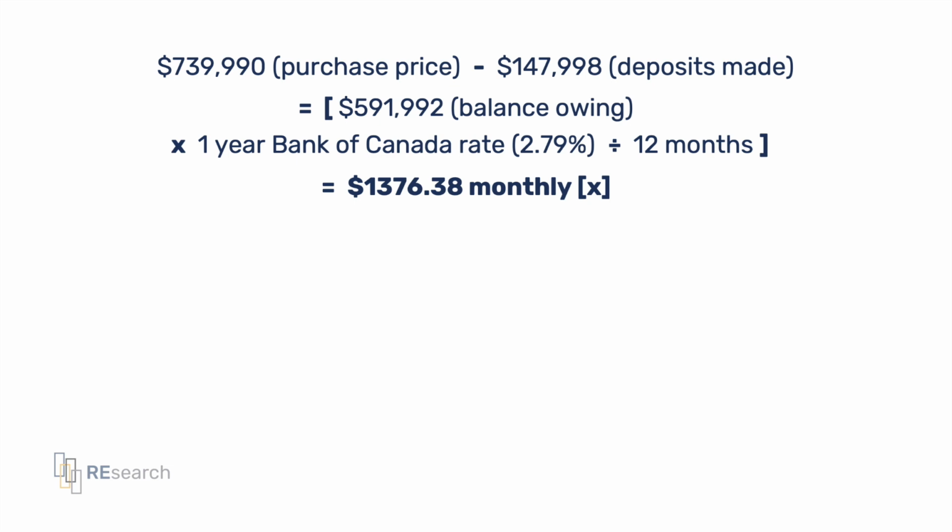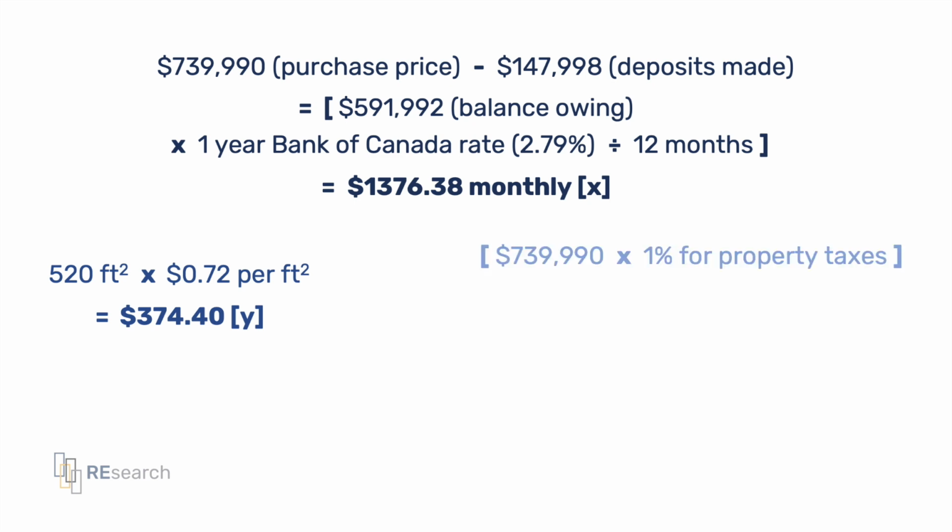Next, to get the Y, you have to multiply the size of the unit, which is 520 square feet, times 72 cents per square foot, which is what was identified on the price list, and your maintenance fees per month are $374.40. Lastly, to get the property taxes, you just multiply the purchase price by 1% and divide by 12 for